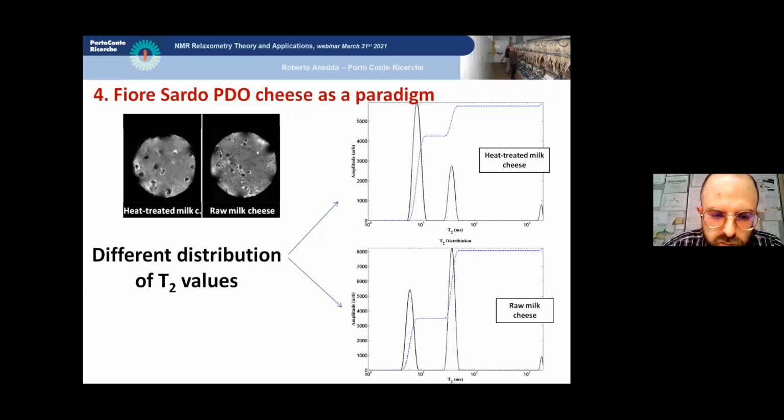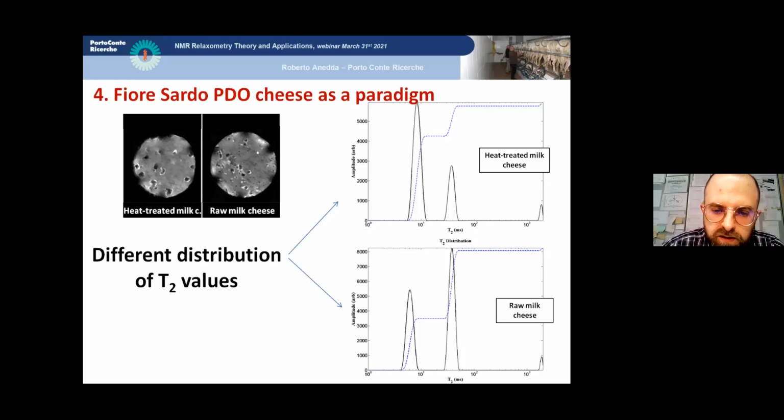are reversed in raw milk cheese, where the first population accounts for only about 40% of the total area. Interestingly, it has nothing to do with the total moisture content of the cheeses. And these results show that thermized milk cheese protein hydration is clearly affected by the production process. And in particular, it is affected by thermal treatments of milk, since all other parameters have been fixed in dedicated experiments. So cheeses have been produced ad hoc for these experiments.